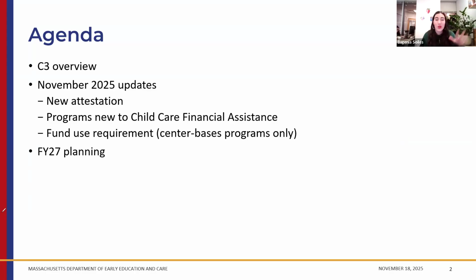And then we're going to go over some very basic details about childcare financial assistance. We will direct you to places where you can get more details on how to go through that process as well.